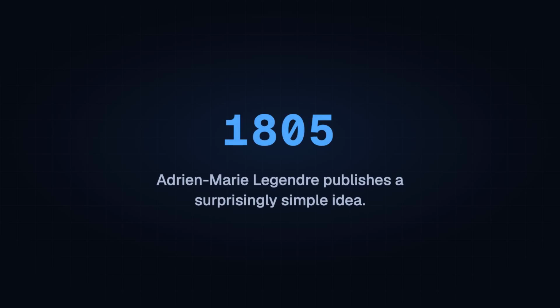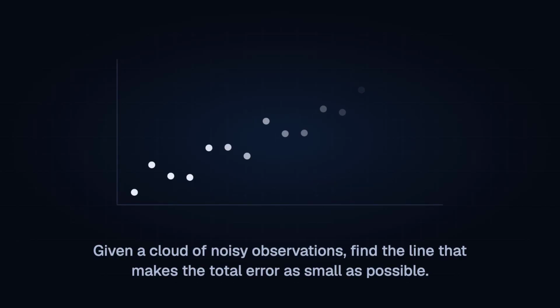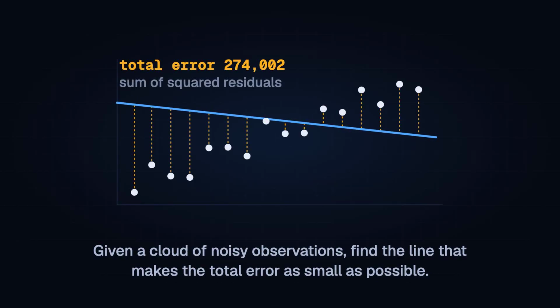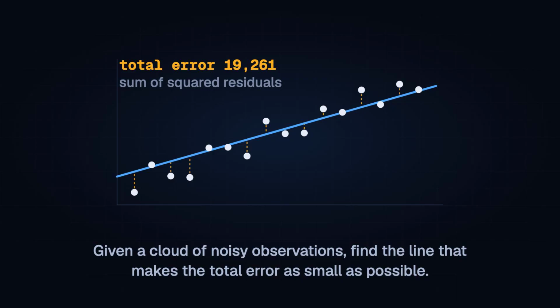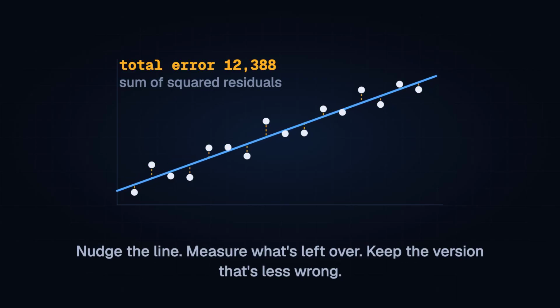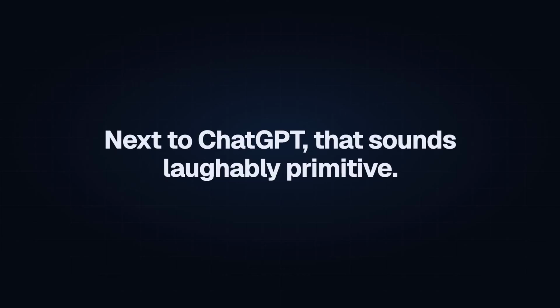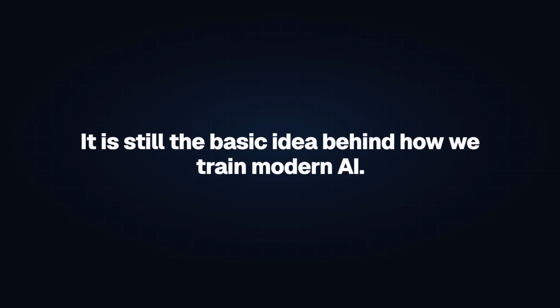In 1805, a French mathematician named Adrien-Marie Legendre published a surprisingly simple idea. If you have a cloud of noisy observations, find the line that makes the total error as small as possible. Nudge the line, measure what's left over, keep the version that's less wrong. Next to ChatGPT, that sounds laughably primitive, but it is still the basic idea behind how we train modern